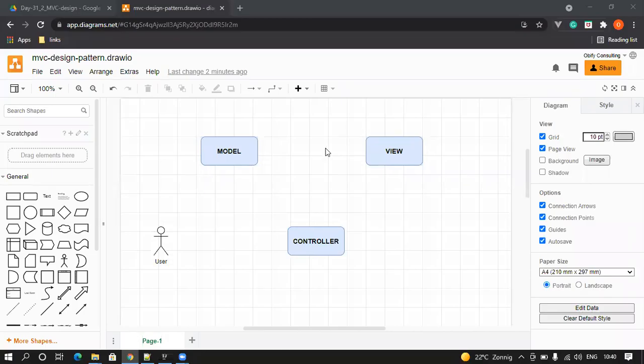So today we are going to talk about a design pattern which is called MVC, Model View Controller. So let's understand why do we need a design pattern. First of all, what is a design pattern? Design patterns are basically